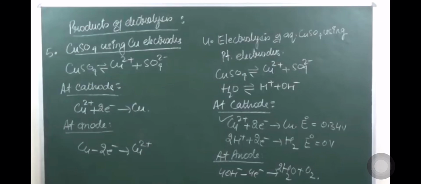From the next lecture we are going to start our session about batteries, which is the last session of that chapter, but there are many different batteries and cells which are going to be studied. Till now we have studied the electrochemical cell, then the electrolytic cell in more and more detail, and lastly the products of electrolysis. So go through all these things one more time, and let me know if you have any query.